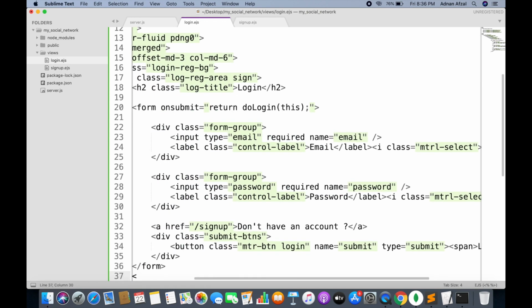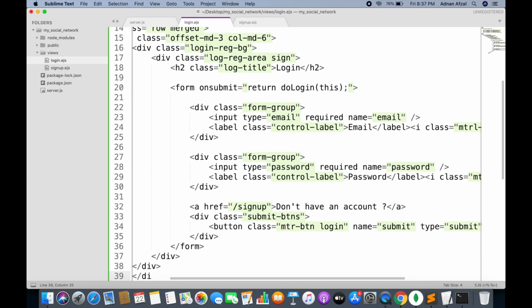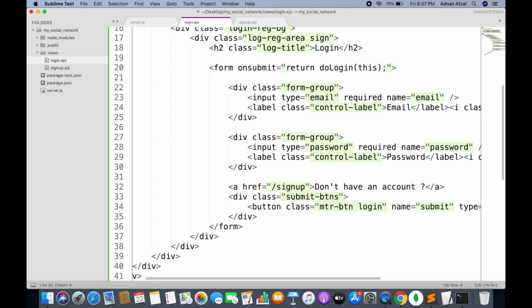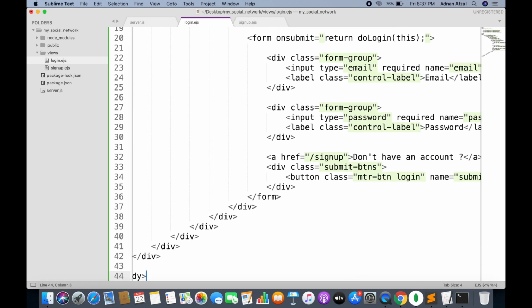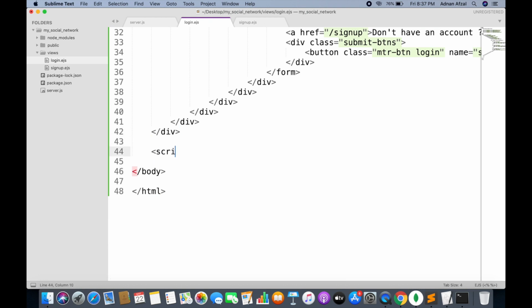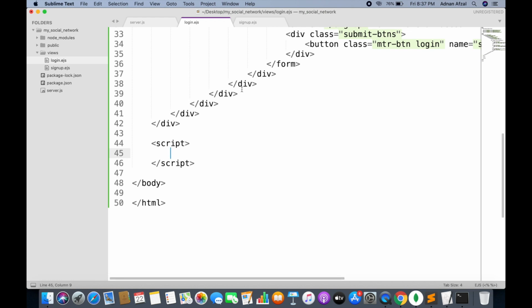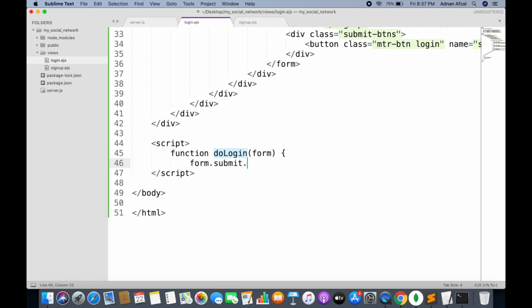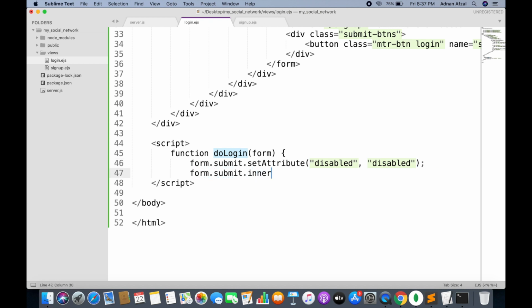So before closing the body tag we need to create a function in JavaScript named doLogin, and it will have one parameter which will be the form itself. We are setting the disabled attribute to the submit button, and we are displaying a loading message in the submit button.